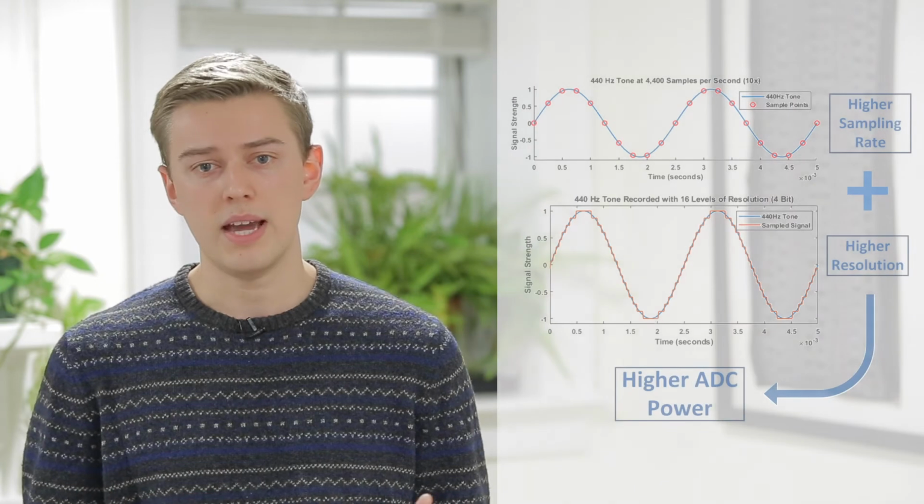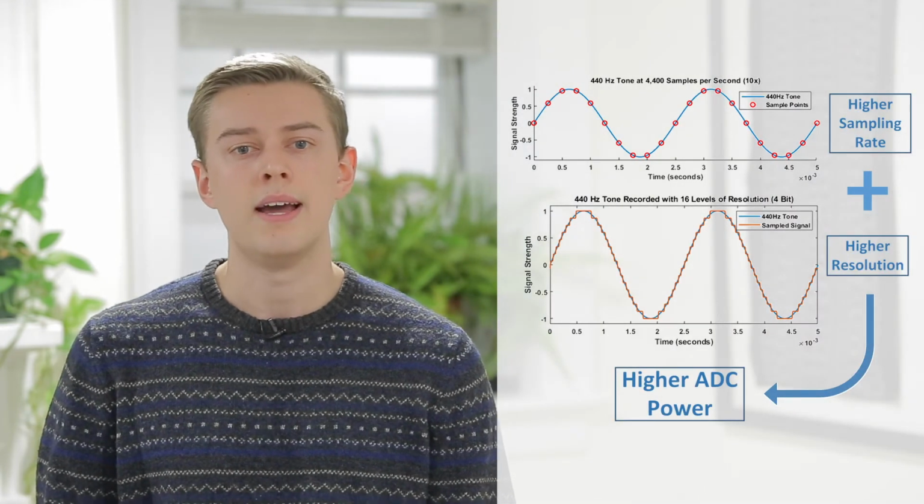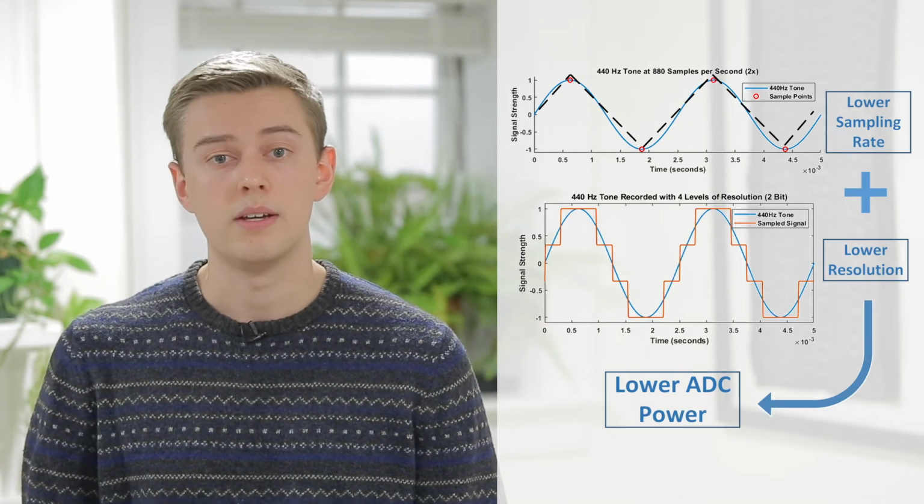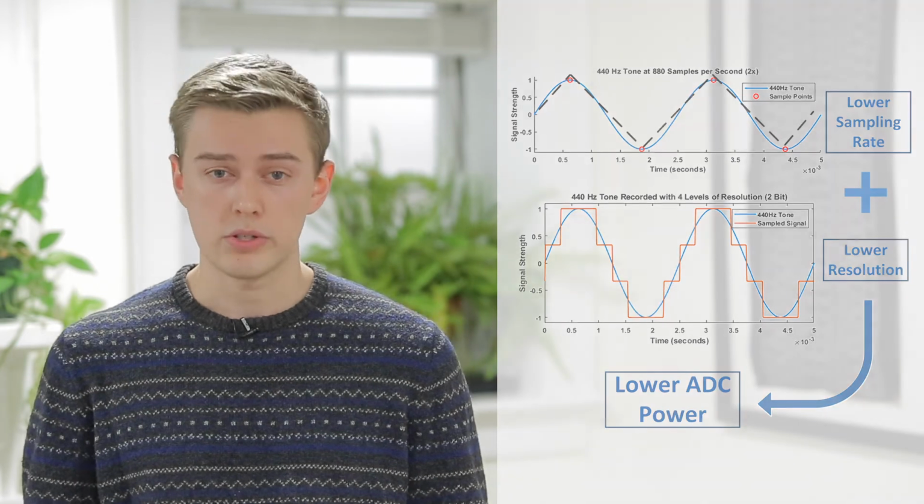Now, one last ADC characteristic you might not think about is power consumption. These are electronic devices that consume power when they run and even when they don't. One of the most important things to remember about engineering is that it's all about trade-offs. Generally, for the ADC, increasing the sampling rate and resolution means that the power consumption will go up. Conversely, if we reduce them, then the power will go down. Now this matters if you are using a battery, especially a small one, because a higher power consumption will drain it faster, just like if you use your phone too much. Or imagine a small sensor powered from a tiny solar cell. That device can't generate much power, so your ADC can't consume much power either.